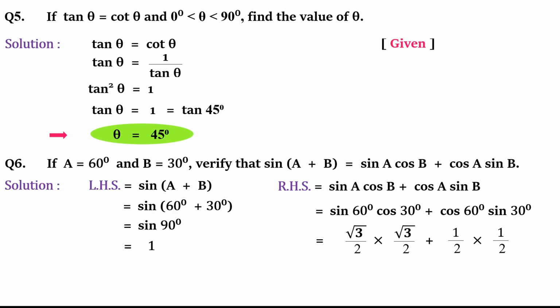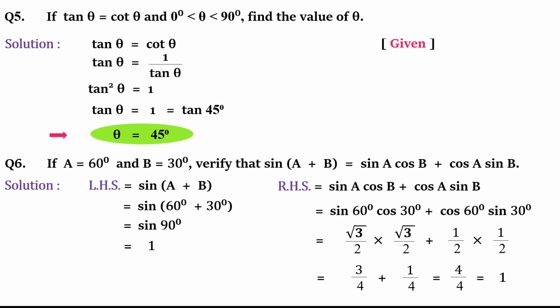and then we add. So root 3 by 2 will be multiplied by root 3 by 2, we will reach one answer. Then half will be multiplied with half, we will get one more answer, and those two answers should be added. So your previous knowledge should be strong. You should know how to simplify or solve the questions.